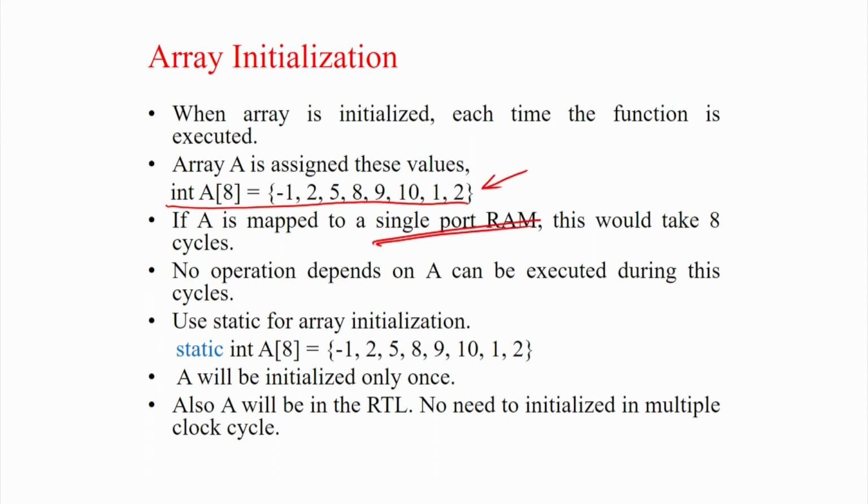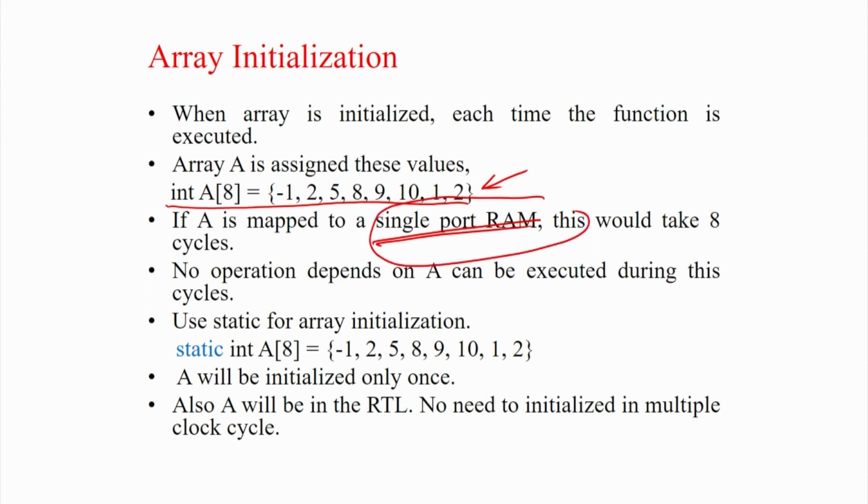You need 8 cycles, because you are writing 8 data to the RAM. So, it will take 8 cycles to read or initialize this array, and it is a bottleneck, right. If you call this function 100 times, it will take 800 cycles only for the initialization of that array, because suppose this is mapped to a single